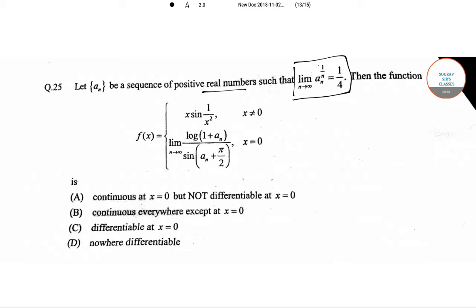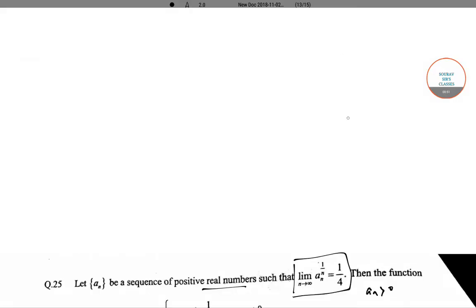Well, since a_n is a sequence of positive real numbers, a_n is greater than 0, and we have also been given that the limit as n tends to infinity